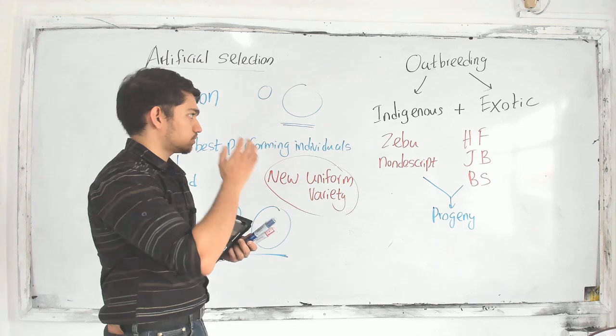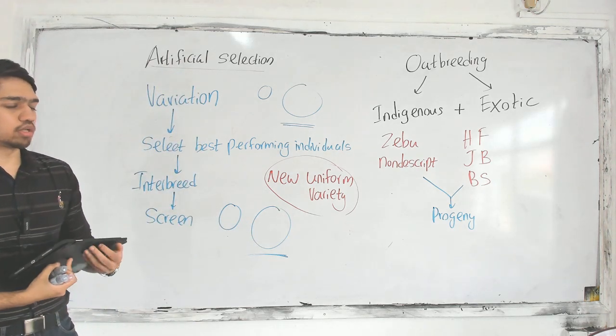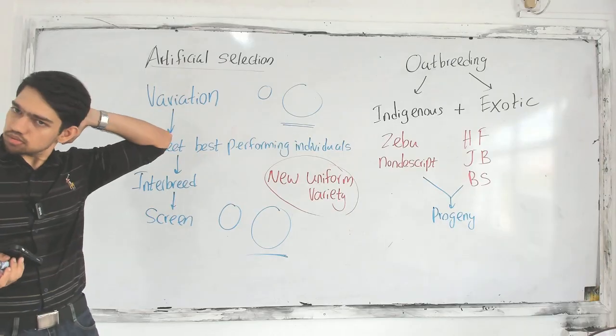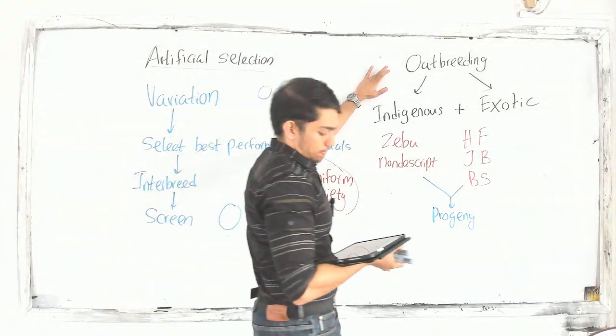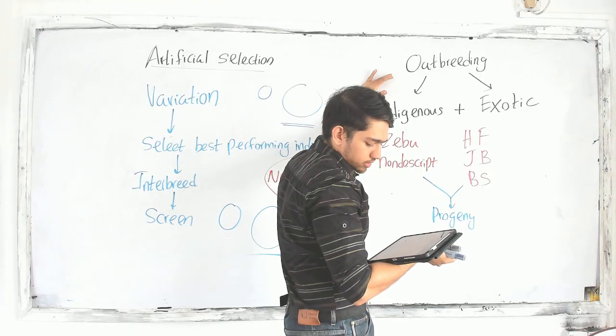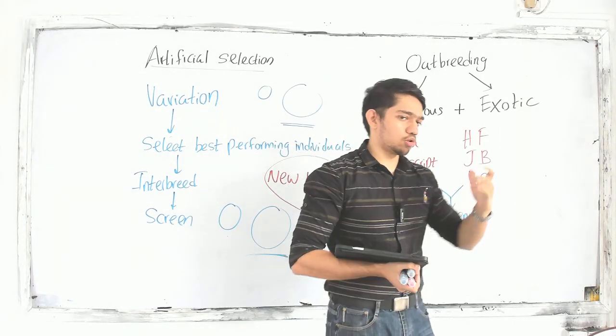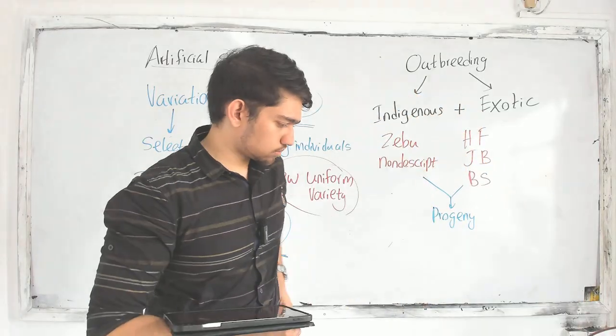This is outbreeding, right? If you want, you can take down a small note quickly. Write down the topic: outbreeding. Animals or plants of different breeds or races are mated together, that is outbreeding. Okay,